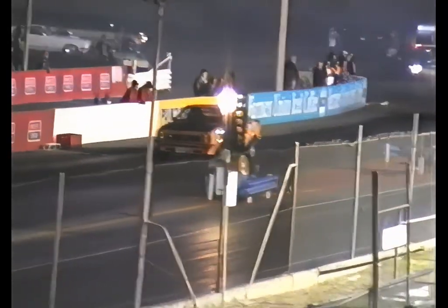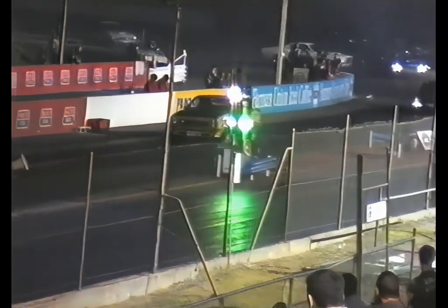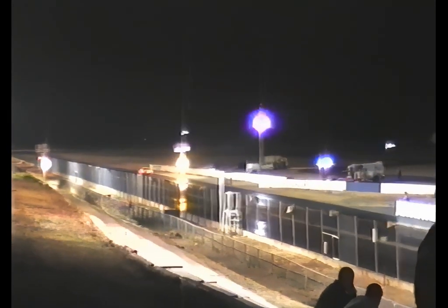Next up here, the Torana hatchback and the Holden Berlina taking on the City Auto Parts lane. Okay, just holding the car up big while they're following around the